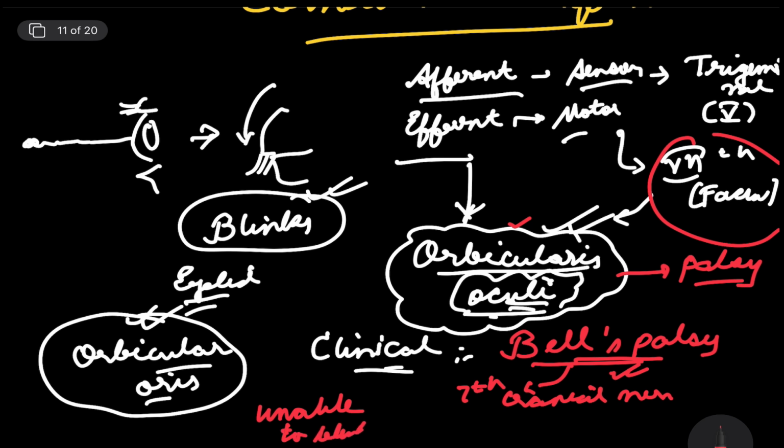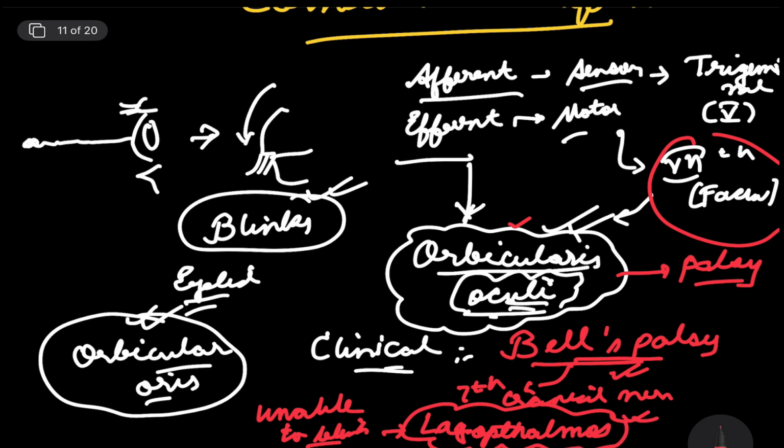Unable to blink. This is called lagophthalmos. Lagophthalmos. Very, very interesting. So if you have ever seen a Bell's palsy patient, which I have seen multiple cases, if you ask them